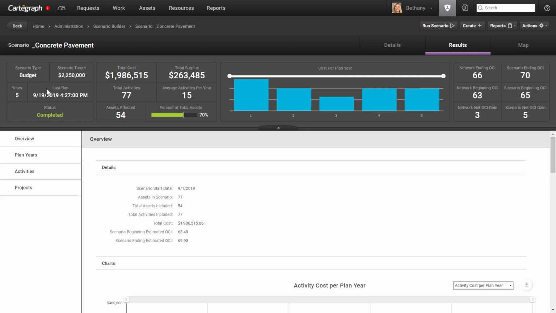For the scenario, which ran 5 years, we're going to achieve a total of 77 different activities with an average of 15 per year. The number of assets that were able to be affected through this scenario is 54, and that represents 70% of the total assets in this scenario. We have 77 assets in this scenario illustrated right here, but we were only able to affect 54 of them